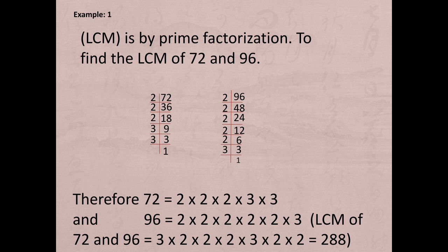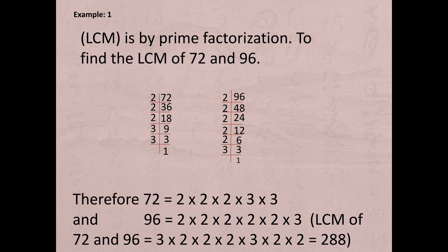Another number is 96. Find the prime factors of 96. As you can see, in 96 the last digit is 6, an even number, and even numbers can be divided by 2 completely. Therefore we divide 96 by the first prime number, 2. 2 48s are 96. 48 can also be divided by 2, that is 2 24s are 48, and 24 can also be divided by 2, that is 2 12s are 24. 2 6s are 12, 2 3s are 6.